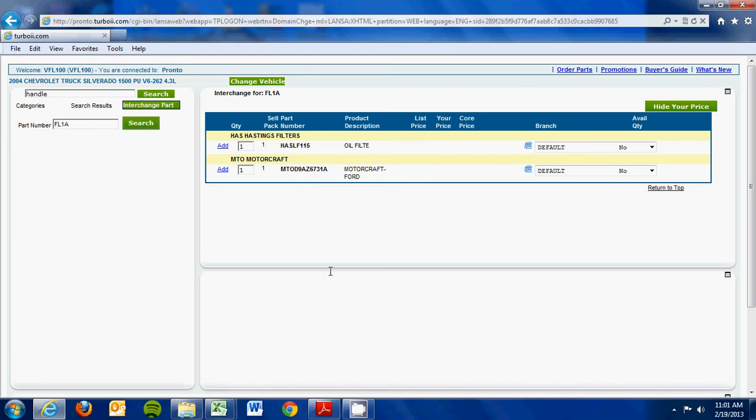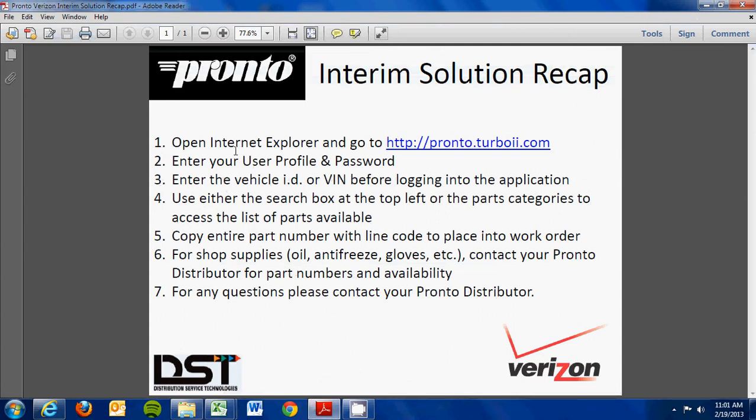Now what I'd like to do is recap all of the items that we've gone over. First thing you'll need to do is open up Internet Explorer and go to pronto.turboii.com. Enter your user profile and password. You can enter in either the vehicle ID or VIN before logging into the application. You can use either the search box at the top left or the parts categories to access the list of